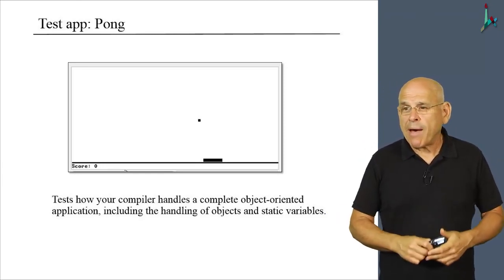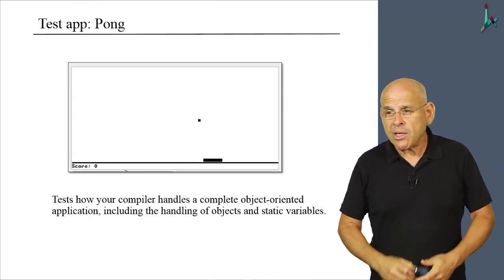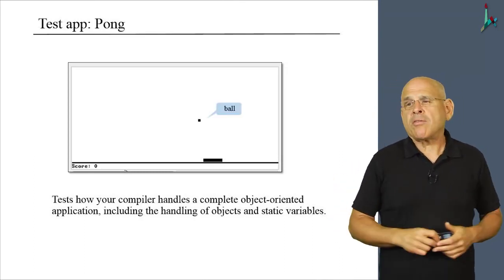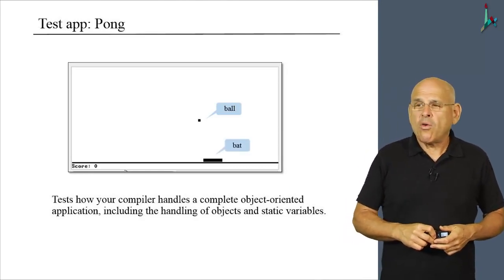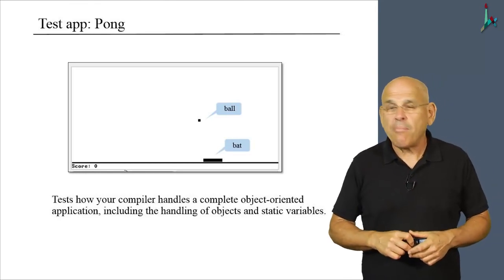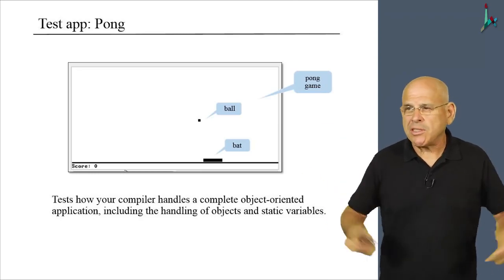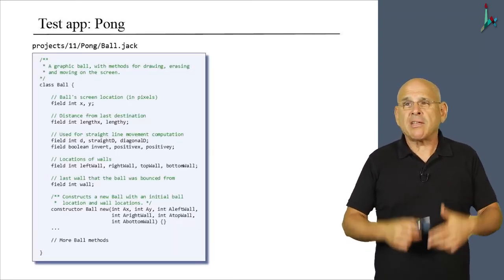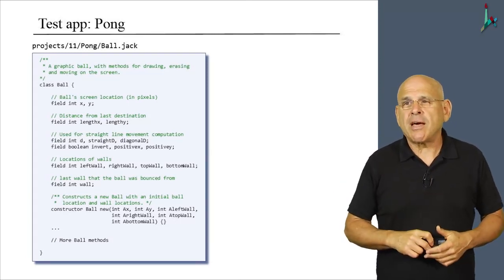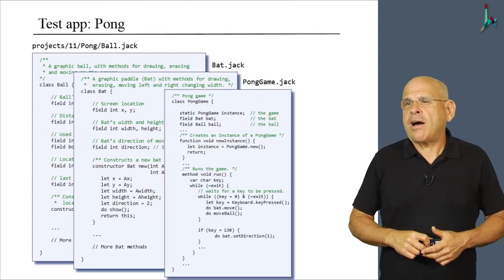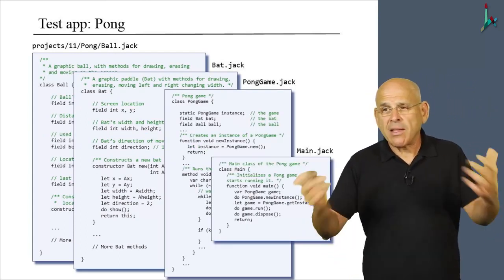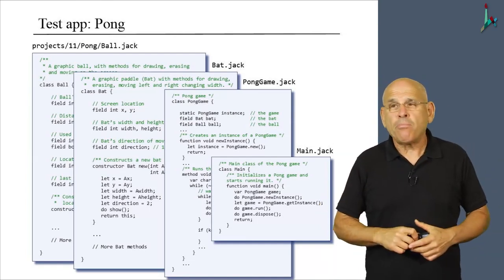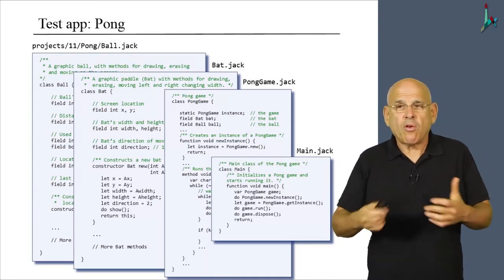It tests the ability of your compiler to handle a complete object-oriented application, including the handling of objects and static variables. Now, when you look at the screen here, you can identify the ball. You can identify what we call bat, but other people call paddle, and something more abstract, which is the Pong game itself. And indeed, the directory of Pong includes the following files: a ball class that delivers the ball abstraction, a bat abstraction, the Pong game itself, and a main file that runs the show, so to speak. Your compiler is supposed to compile the entire Pong directory, and in particular, it will compile each one of these files